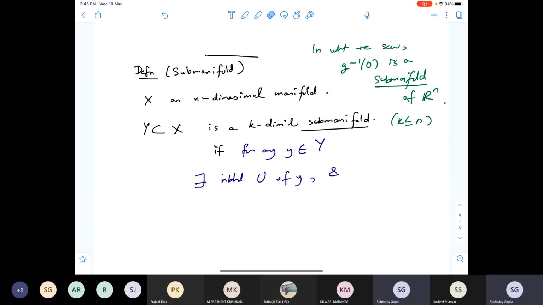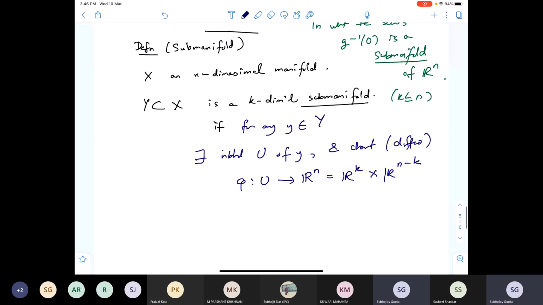It's a chart. So let's call it phi from U to Rn, but Rn I want to think of as Rk cross Rn minus k, such that U intersected with Y